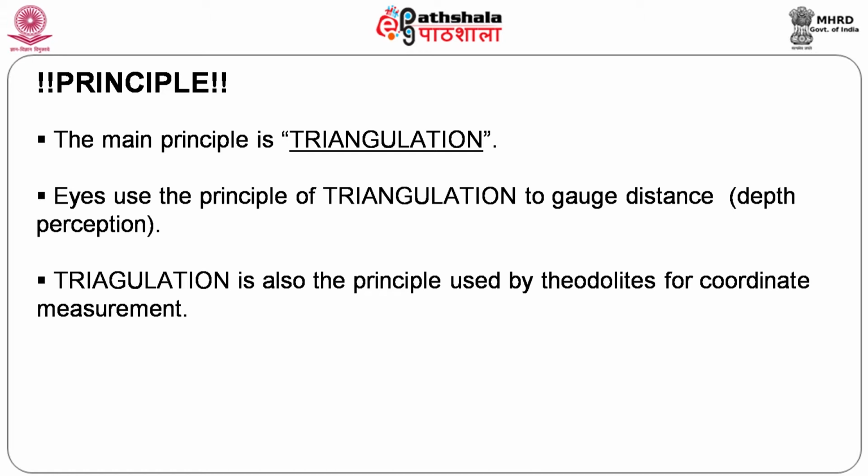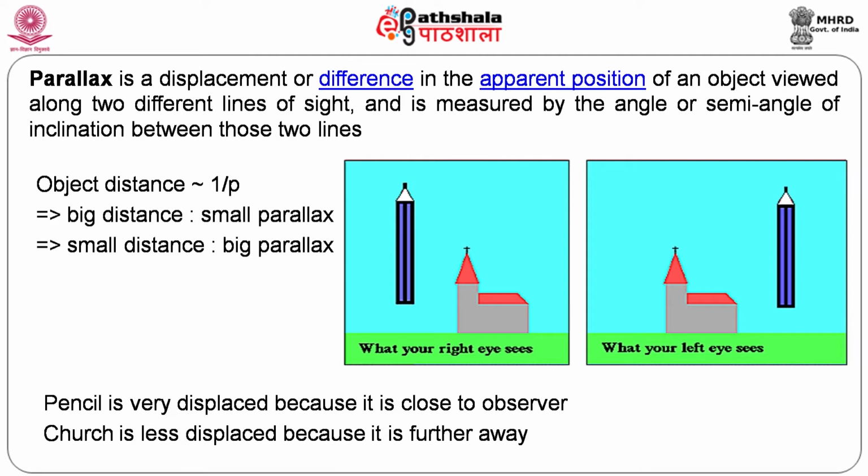So, we normally use the triangulation principle to get depth perception. I told you, for getting a triangulation we have to have at least 2 different locations. The line of sight, I just told you about that, is from 2 different locations of a single object; the eye is a good example. Right eye, left eye, you drop the perpendicular, the light rays pass through or a line is drawn, and it intersects and you get the third dimension.